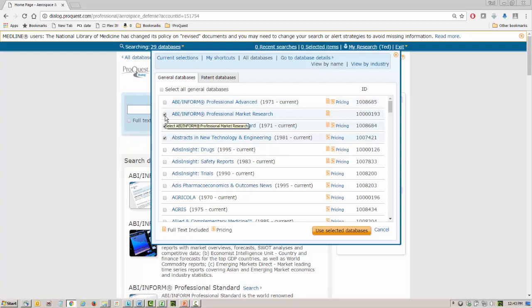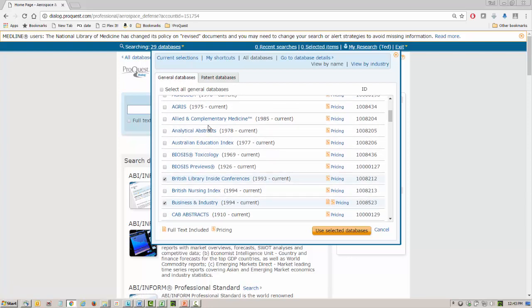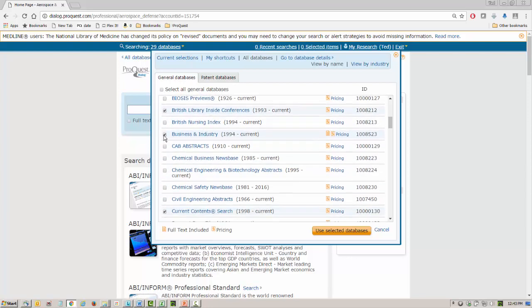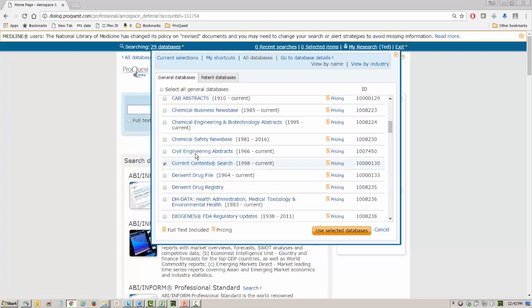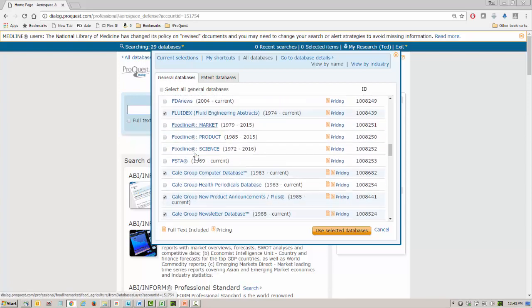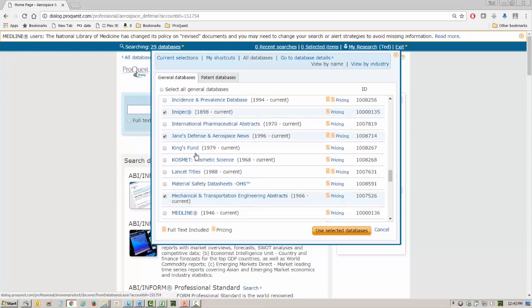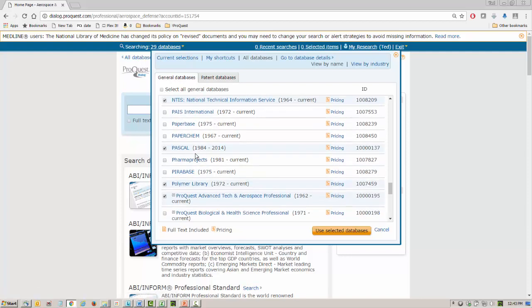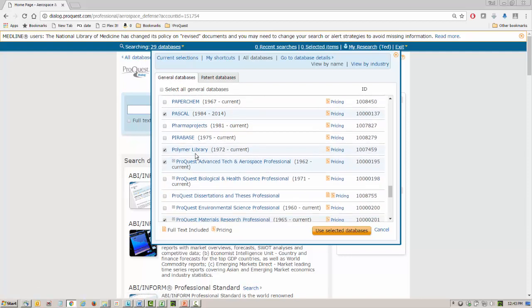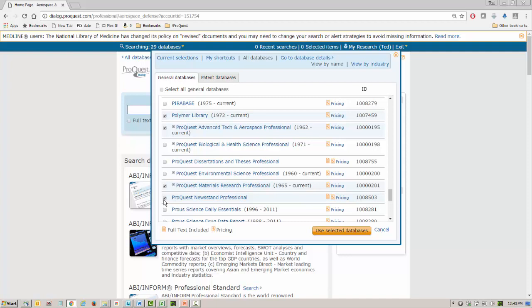Some of these databases, like these near the beginning, are not really hardcore engineering databases so much as they're business databases, ABI and Form. And they do have a lot of good information, but you may not want that type of article for a given search. If that's the case, you can just deselect those databases. Maybe you don't want the newspaper databases. You can deselect those. Again, they're good databases, but if you don't want them for your particular search, you can just go to any one of these and deselect them. And then when you click on this button, Use Selected Databases,